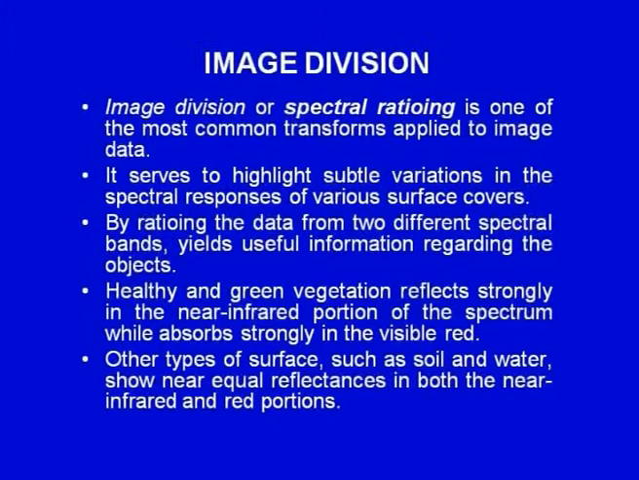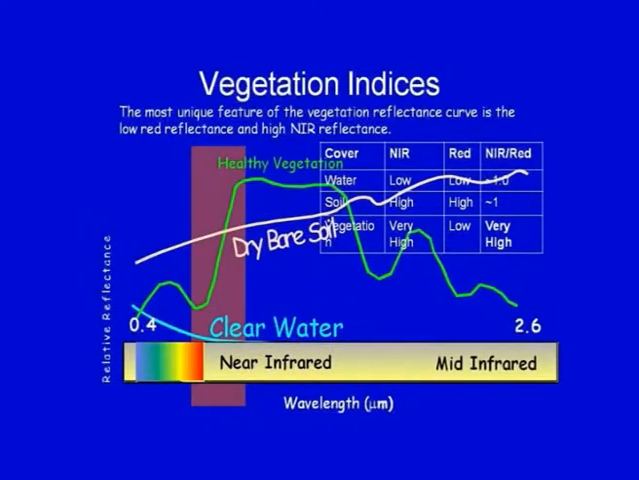Healthy and green vegetation reflects strongly in the near infrared portion of the spectrum, while it absorbs strongly in the visible red. Other types of surface such as soil and water show nearly equal reflectance in both the near infrared and red portions. In this particular slide, the basic concept of the different broad categories of land use or land cover are shown,